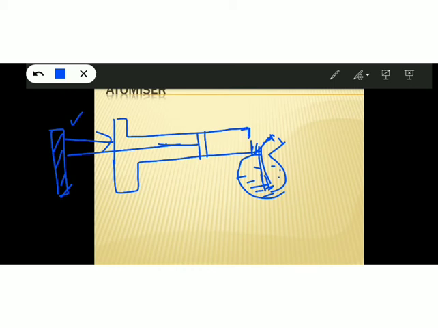So the air is blown out through the small opening of the cylinder. And since the opening is very small, that means the area is very small. As per the equation of continuity, velocity will be very high. The velocity of the fluid coming out from the small hole will be very high. So here, since the hole has a very small area, the velocity of the air coming out from that hole will be very high. And when the velocity is high, as per Bernoulli's principle, pressure will be less.